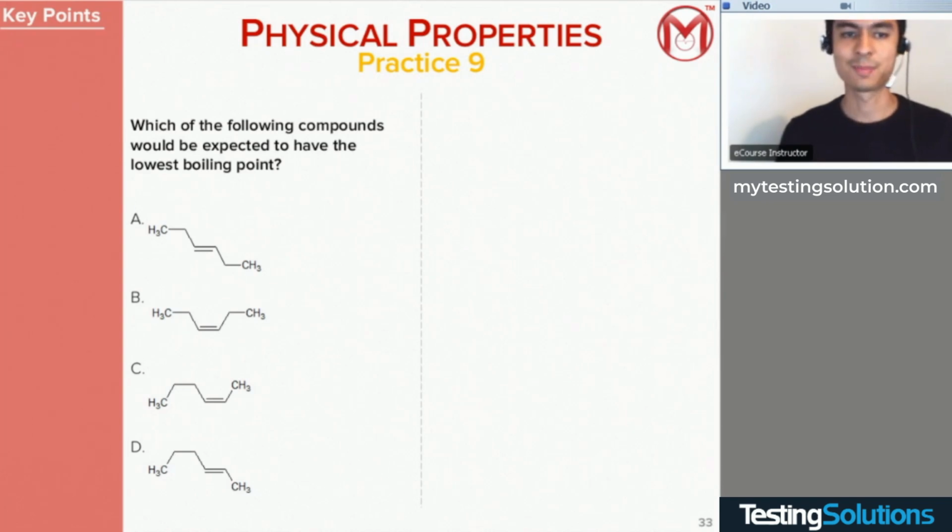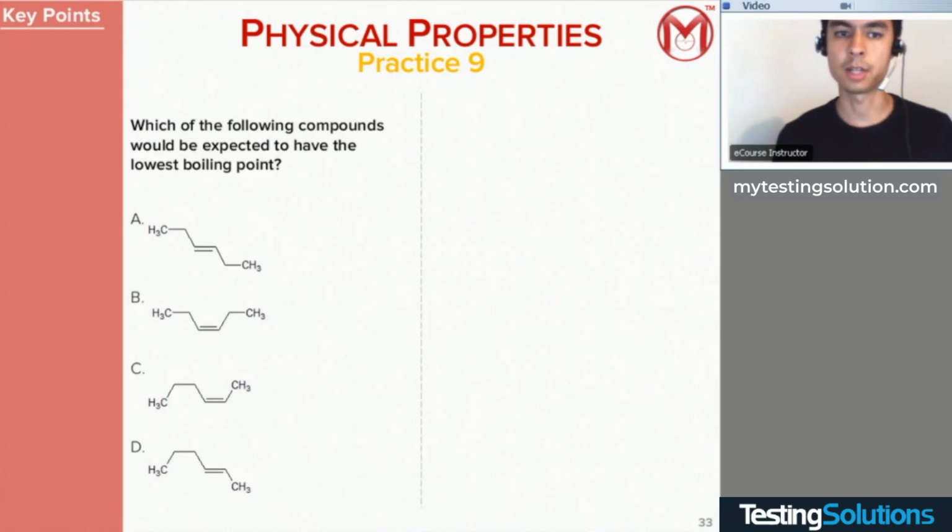Okay? That's not how the MCAT is structured. Every single question on the MCAT has been very rigorously, intentionally worded. And that's the other important thing: there are no accidents in terms of the information that they give you or the information that they hold back, or even why they're asking what they're asking. For this question, I could not have asked you which one is going to have the highest boiling point, because you can't answer that question. You don't know. But you do know which one is going to have the lowest boiling point. It's objectively the correct answer.